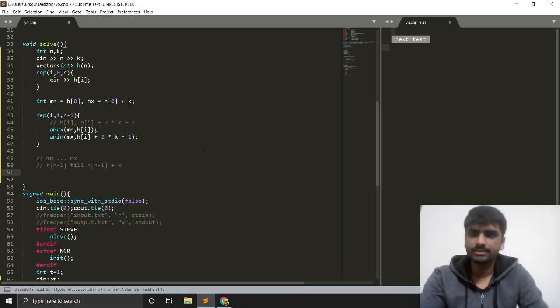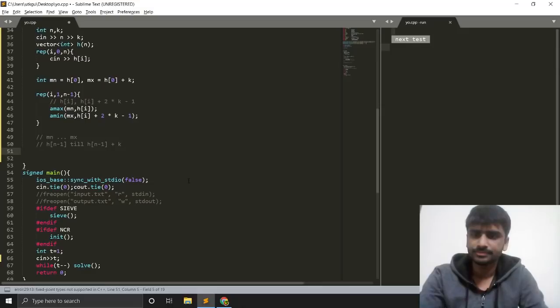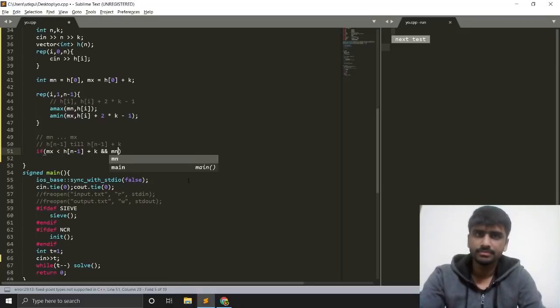Okay, so it should have some overlap with this, right? Okay, if the maximum is smaller than hn minus 1 plus k, and the minimum is